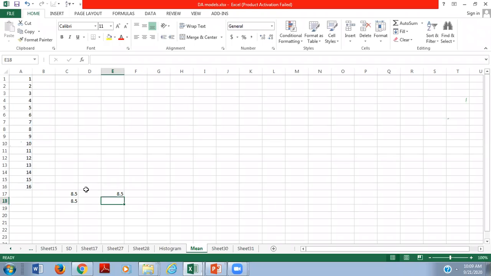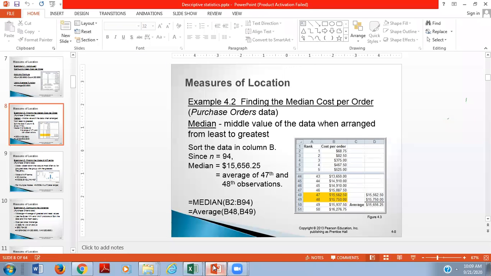Now see the same value, median also 8.5. So this is the way through which we can calculate the median. Not much difficult to calculate in particular data, right?